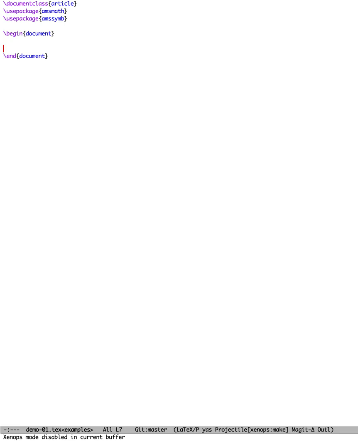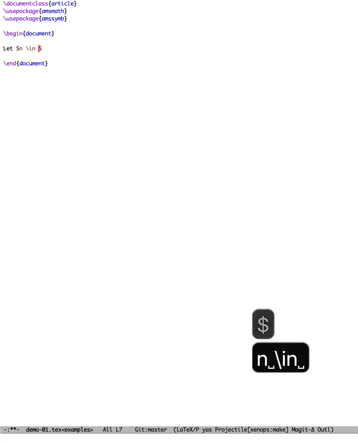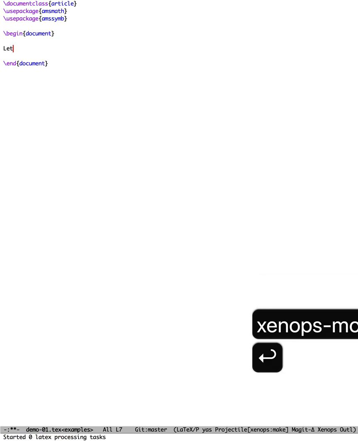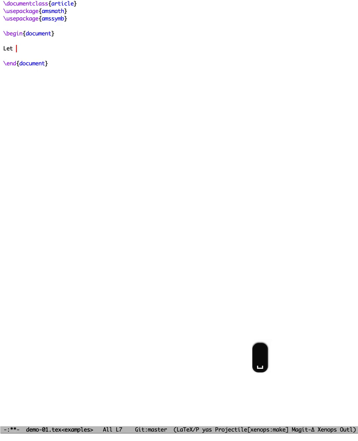Xenops mode isn't active at the moment. An example of something we might type into a LaTeX document would be this. Okay, so that's normal LaTeX usage, and nothing happened. Now let's try that again with Xenops mode active. So, Emacs, Xenops mode. Okay, and now if we enter that again,